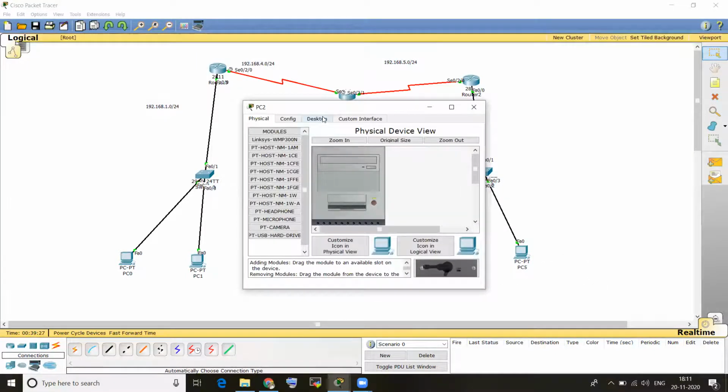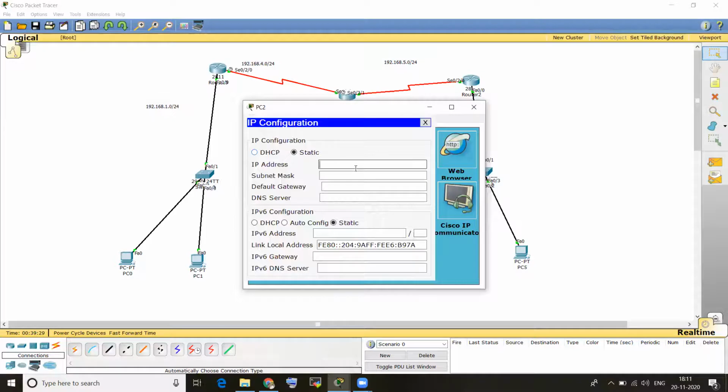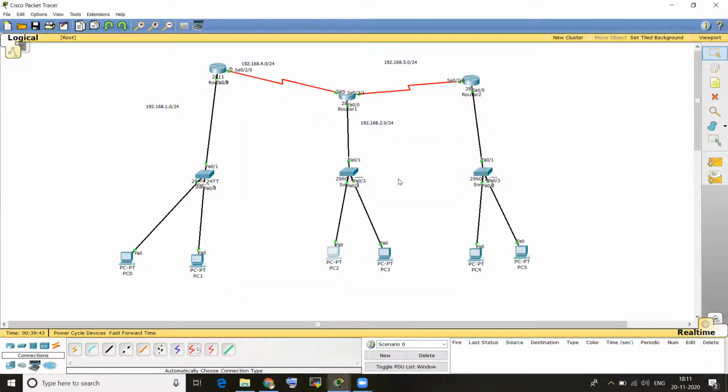Click on PC, Desktop, IP Configuration, static, 192.168.2.2, space, subnet mask 255.255.255.0 and default gateway 192.168.2.1. For the default gateway we have to take the address we already assigned on the router.